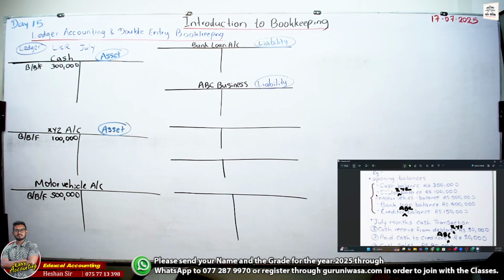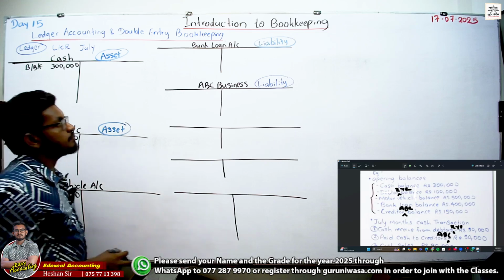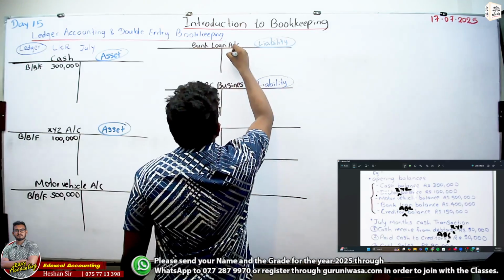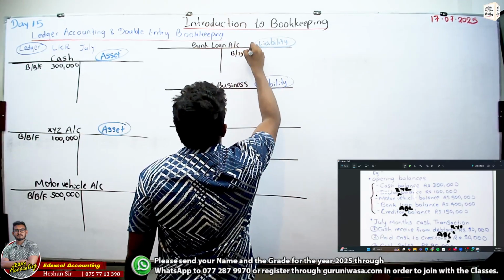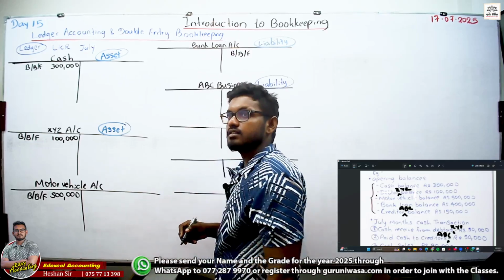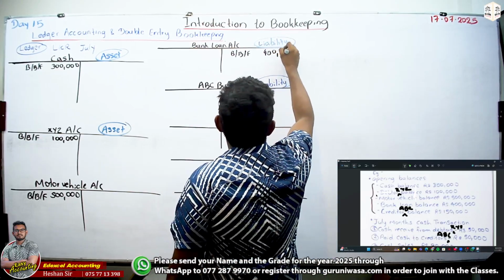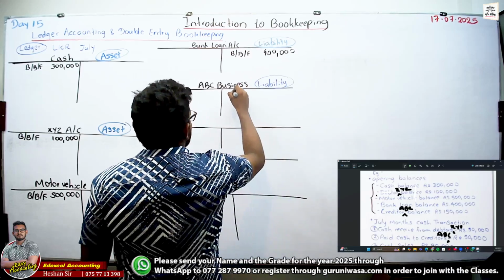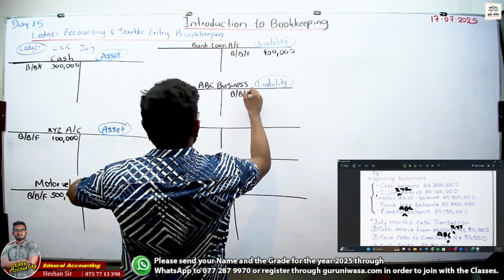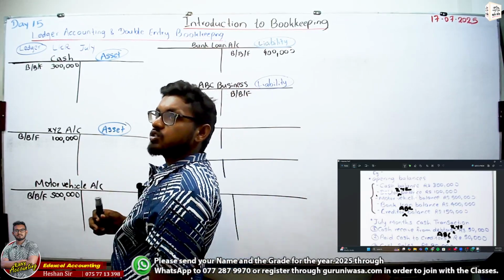Then you can see bank loan balance. Bank loan is a liability, so balance brought forward comes under the credit side, 400,000. ABC business is a liability account, so balance forward comes under the credit side,